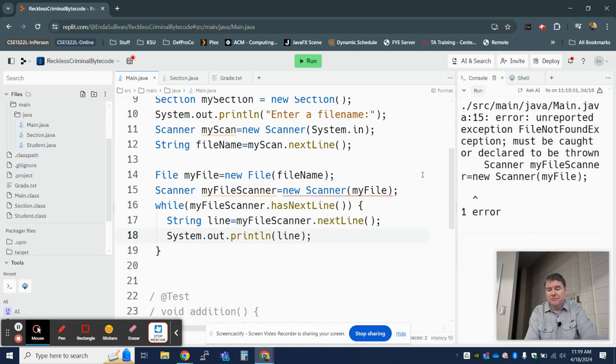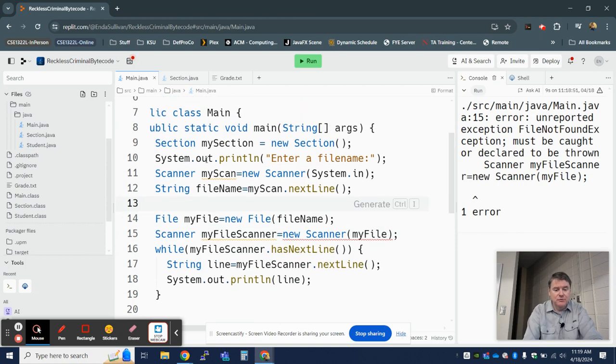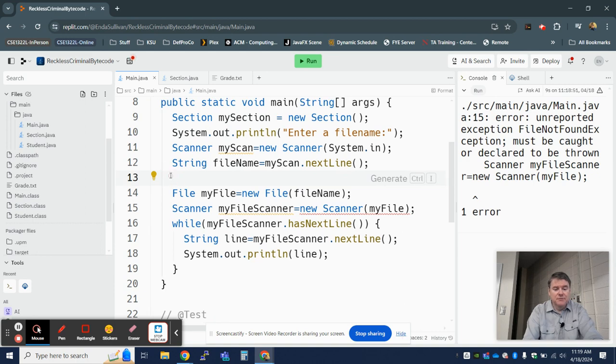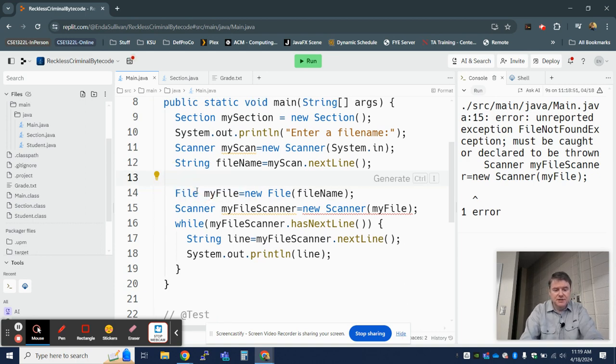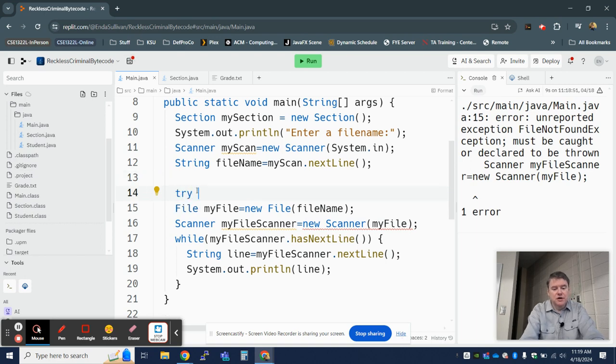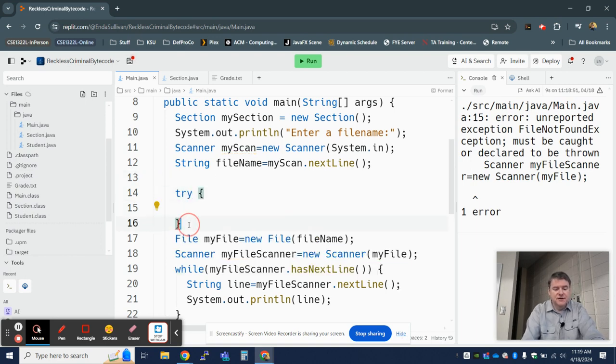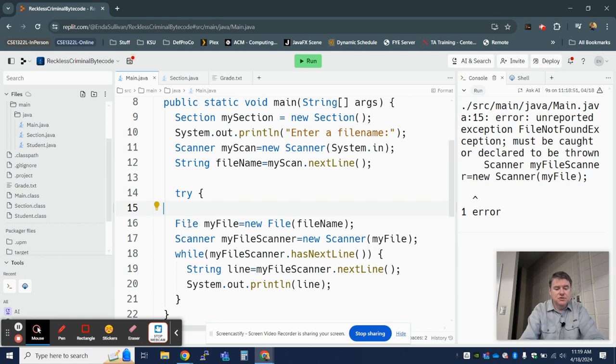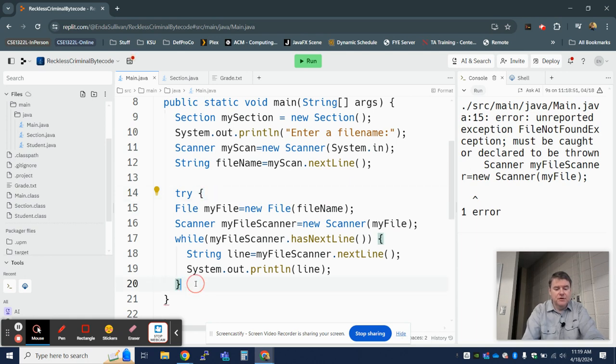All right, so the first problem it has is that this is not catching exceptions, and Java requires you to catch exceptions for the file IO. Okay, so that's probably why it was upset. So we're going to come in here, going to click somewhere that it'll allow me to click, and we're going to do try around all of this. So I'm just going to pull that out and put it at the bottom under here. And then I'm going to highlight all this and just indent it so that it's actually inside of the try